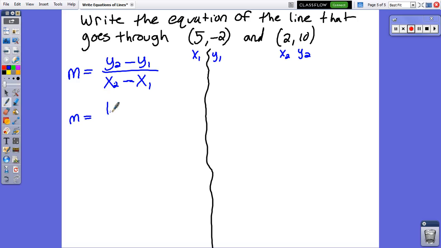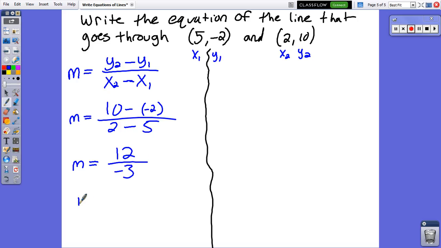So then it's going to be 10 minus -2 divided by 2 minus 5. Remember that subtracting a negative is the same as adding a positive, so that's going to be 12 on top and -3 on bottom. So the slope is going to be -4. Or again, if you're graphing it, you want to think of it as -4 over 1. That may help. For the equation, though, I'm just going to write -4. All right, so now we've found the slope. It's -4. Then we can use point slope form,